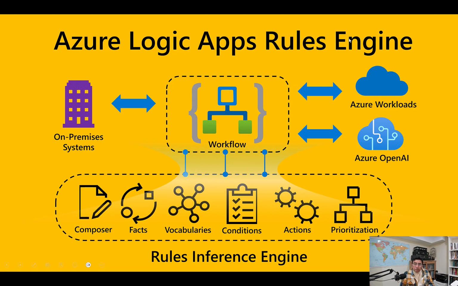It has a number of components. It has a composer. It uses facts. It can create vocabularies. It has conditions, actions, and it also provides prioritization. It has a lot of advanced features like forward chaining abilities to be able to reassess rules on the fly, which is one of the reasons why the rules engine solution is great for scenarios where you have to provide governance, right? So if you were, for instance, if you were to create